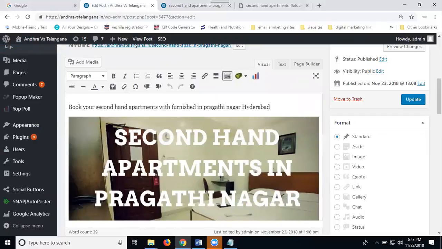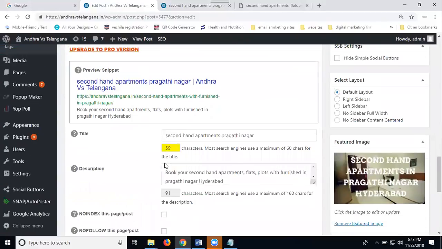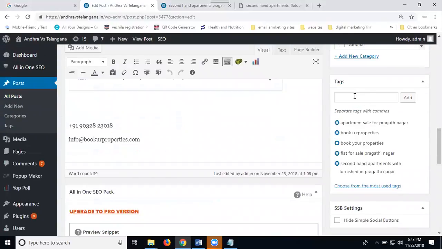So for WordPress, we mostly use an SEO plugin. The name is called All-in-One SEO Pack. Based on it, we write the SEO title and description and add meta tags. This is how we write the SEO title and description on a particular WordPress site using the SEO plugin. The name is called All-in-One SEO Pack.